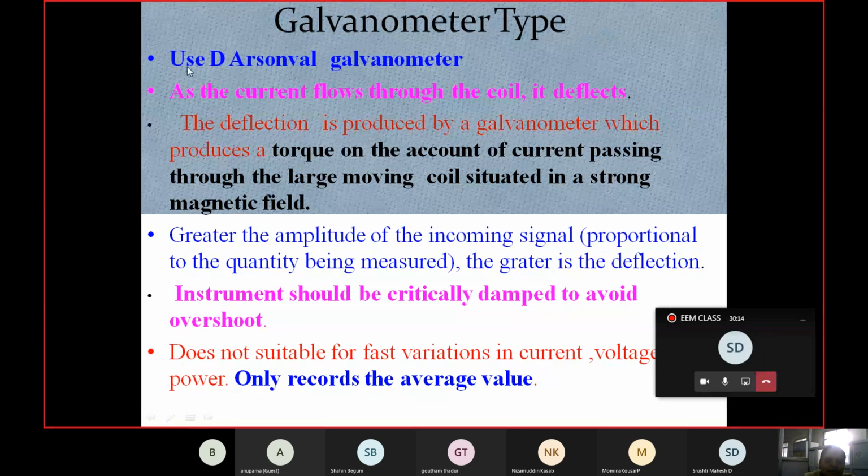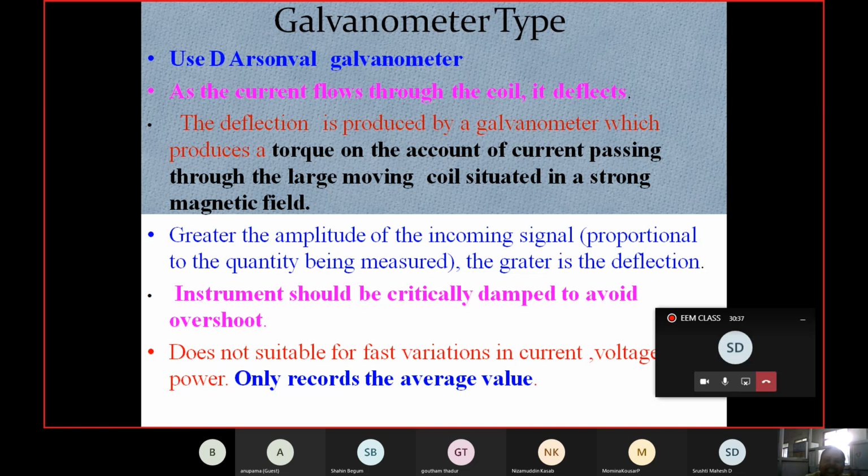Okay, the galvanometer type recorder is based on the principle of the D'Arsonval galvanometer. The principle of operation is the same as the working of our galvanometer. As the current flows through the coil, it starts deflecting. That is the basic definition of your galvanometer.